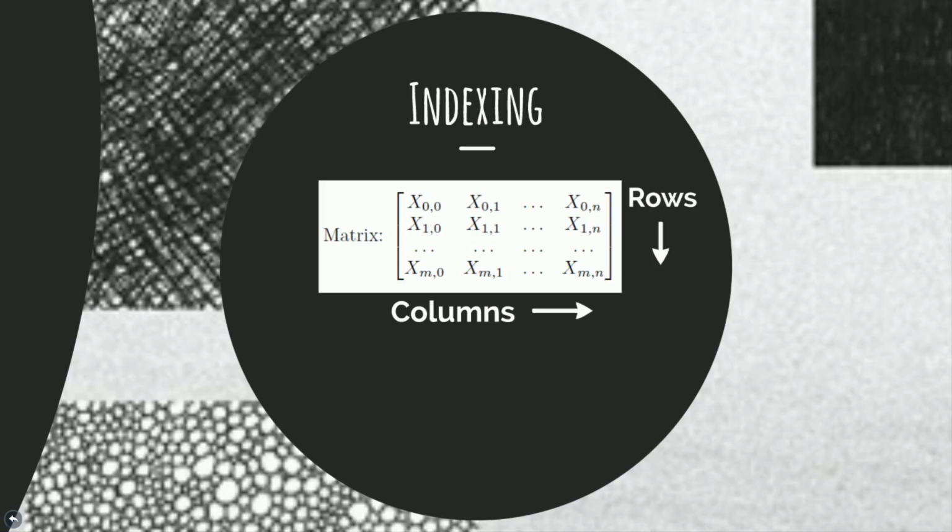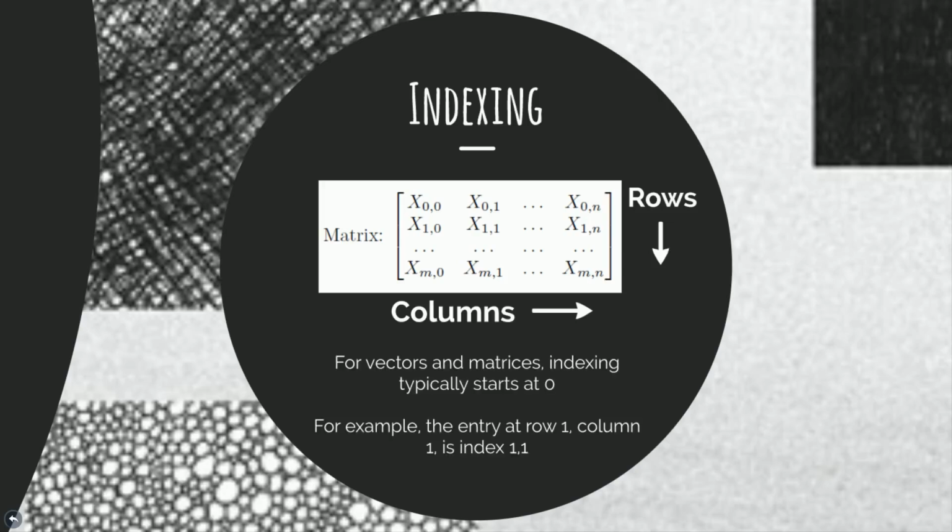use in machine learning. So for vectors and matrices, excuse me, which we mentioned, these are typically going to start at 0. You will see them starting at 1 if it's in more of a mathematical context. And then just for an example, the entry at row 1, column 1, is index 1, 1 here. So you see, you might think index 1, 1 would be the very first element in this matrix. However, that's not the case, because it's actually going to be the second row and the second column, since we're